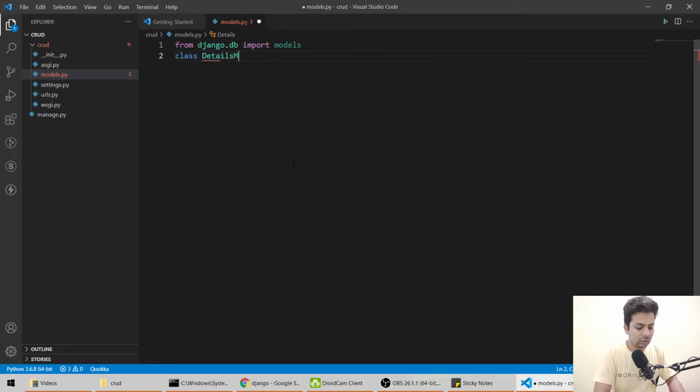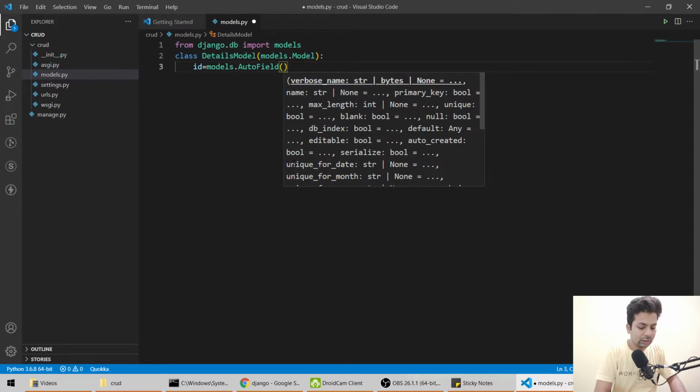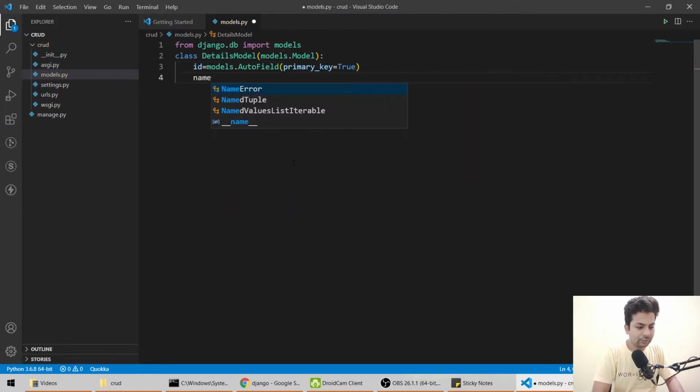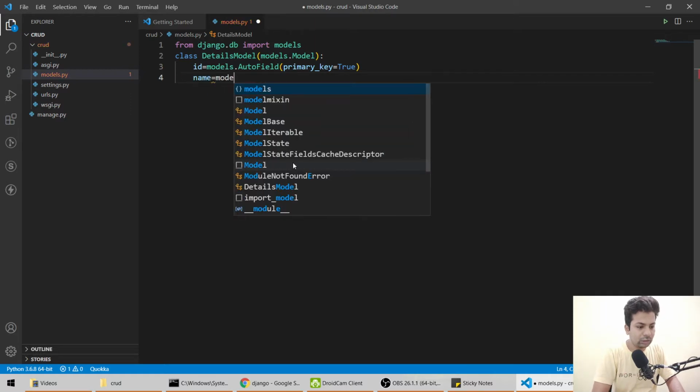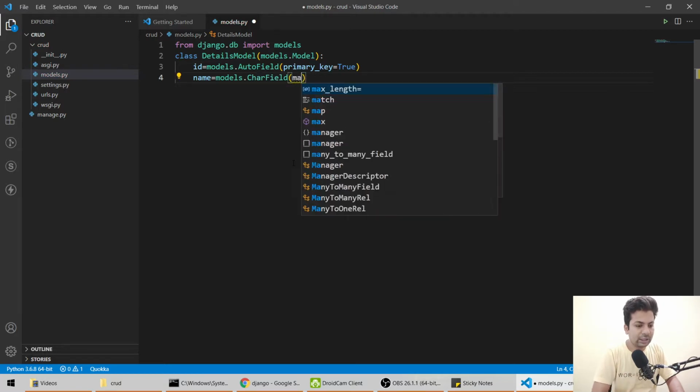Now here the name of the model will be DetailsModel, but you can name it whatever you want. Then we'll say models.Model. Now we'll add id, which is the primary key: id equals models.AutoField, primary_key equals True. Then name equals models.CharField with max_length 100.